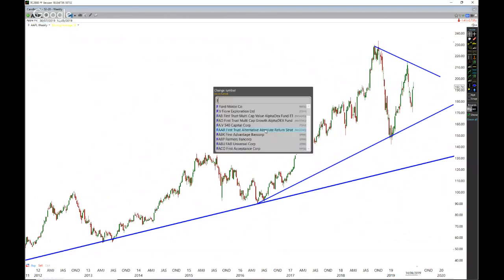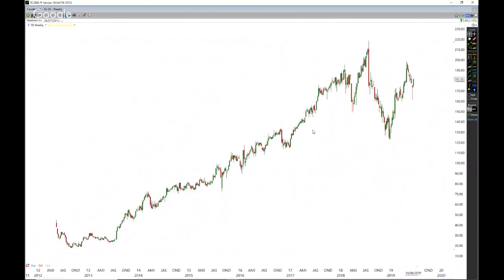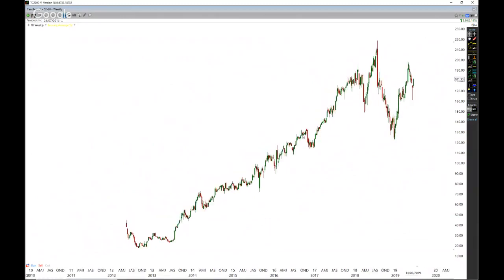So let's have a look at Facebook. Let's have a look at Facebook long term. Facebook's been really interesting, and this is something here. Look at this from a weekly perspective. If I draw a trend line, look at this thing through here. If I draw a trend line and I draw it up through there,